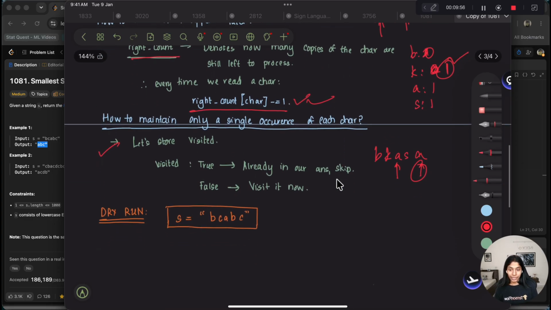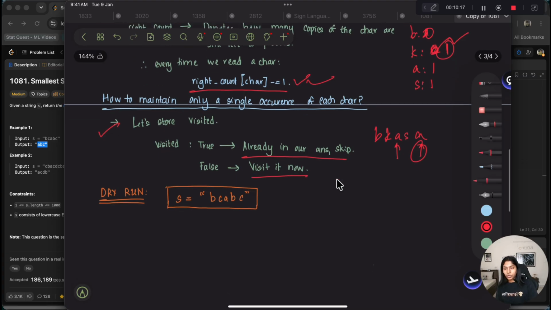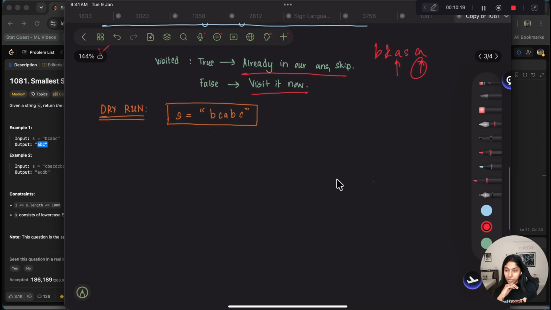So that's why we need something as a visited, because if something has gone to the stack, and we have considered it as part of our answer, that means it has been visited. Okay, so we need to keep track of that. So if it's already visited, then we just skip it, or else we're going to visit it now. Okay, great. So I think this was pretty understandable already, but let's just do a dry run of